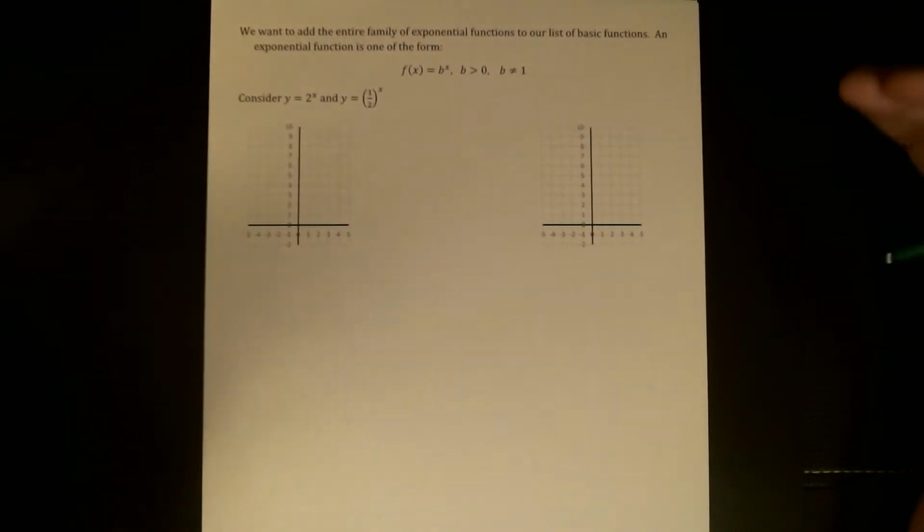Hi everyone, in this video we want to work on understanding what the basic shapes of the family of exponential functions will look like. So the idea is we want to add those to our list of basic functions. Similarly to y equals absolute value of x and y equals x cubed and y equals the square root of x and so on, as soon as we see the equation for a basic exponential function, we have a pretty good picture in our head of what it will look like, and then we can apply transformations to that